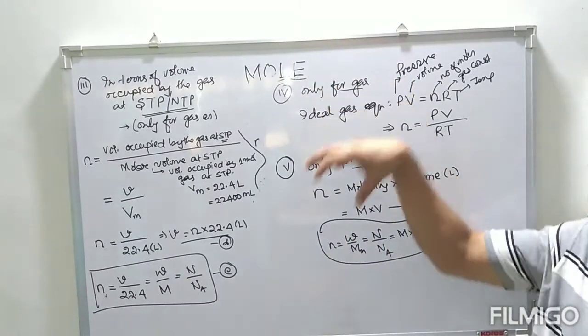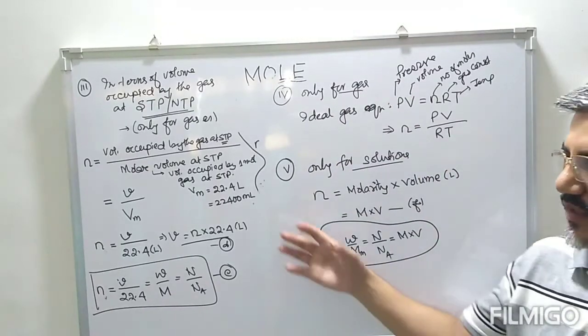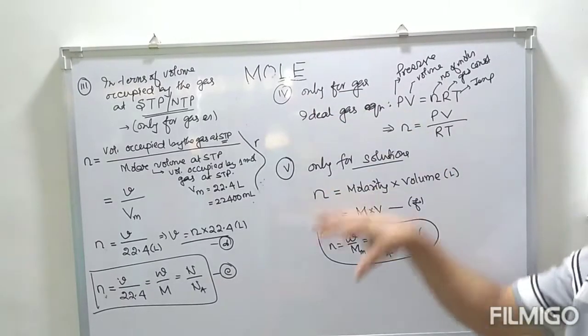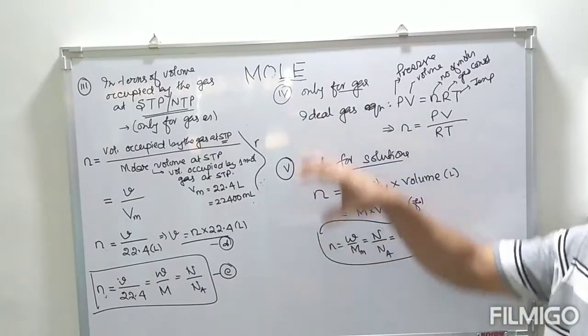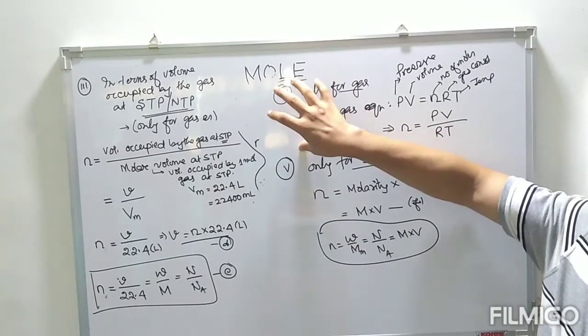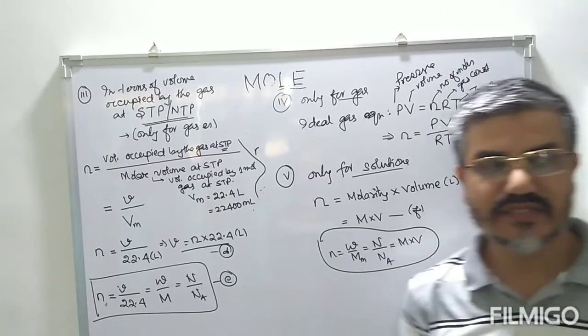So this is how we define moles. Having gone through the concept of mole, how it is derived, and the different ways by which the number of moles present in a given sample can be